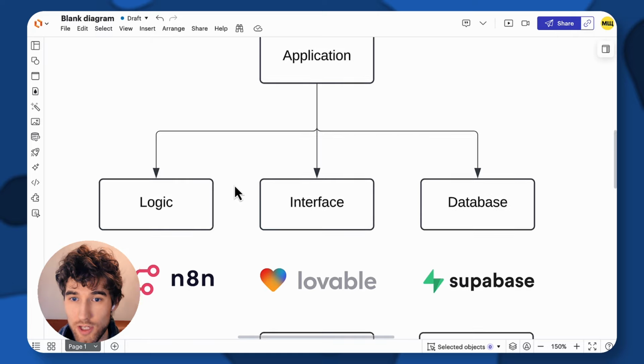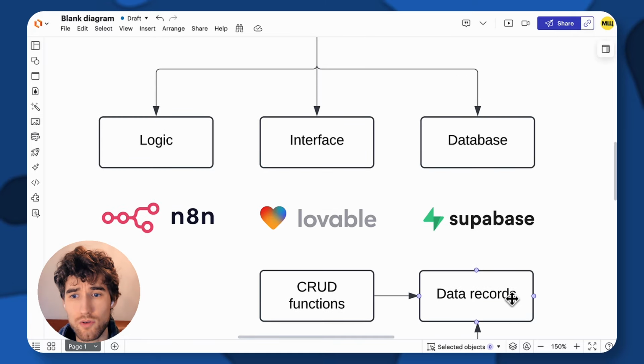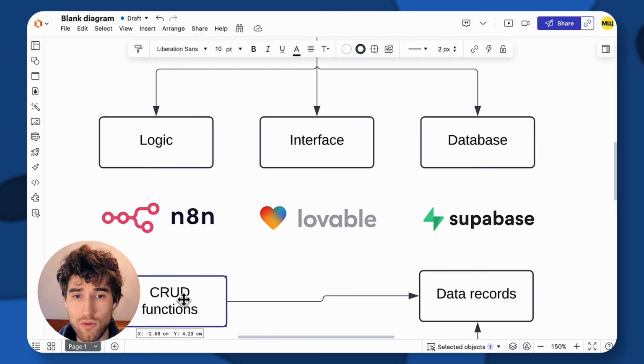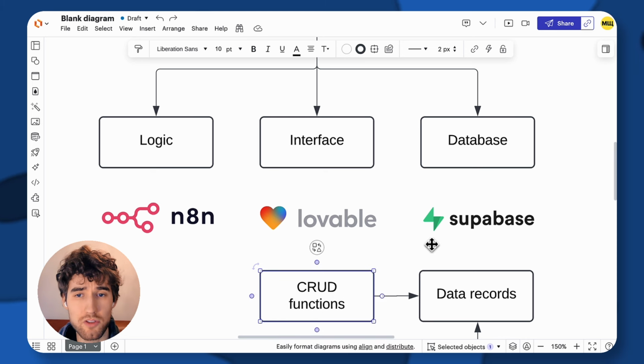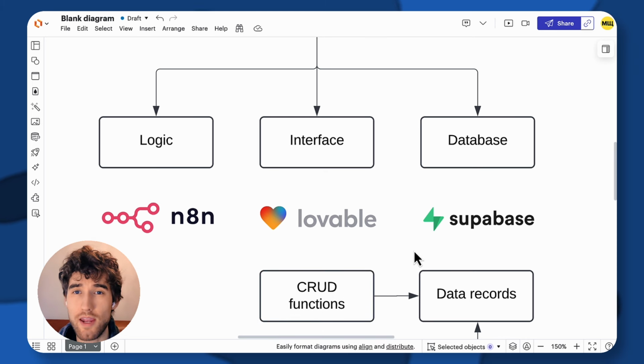So let's check the details. In the database, we store some data records, and in the interface, you have some CRUD functions. It means create, read, update, or delete functions that affect the data in the database. You can move these CRUD functions to the logic part, like the backend, but if they're simple, like just deleting data or creating a new record based on inputs,